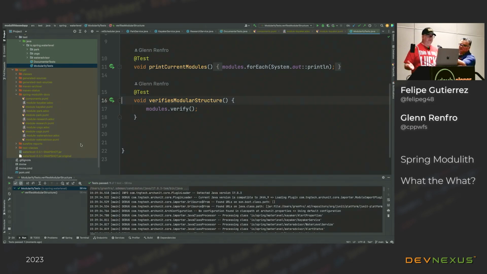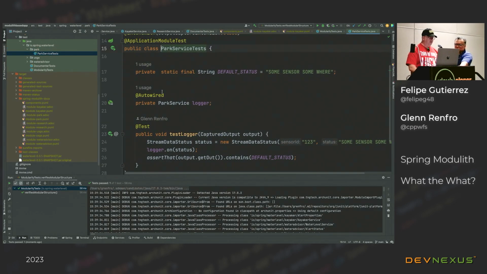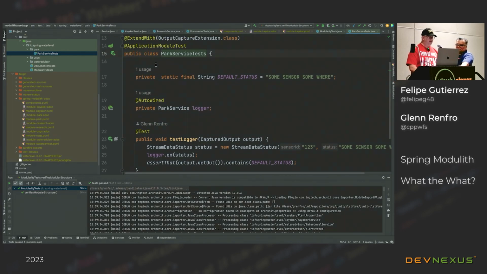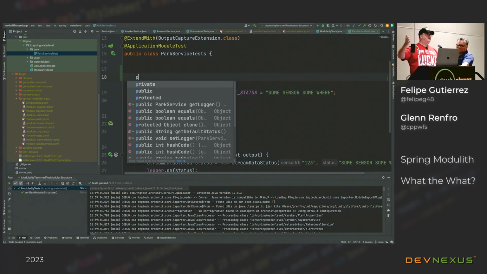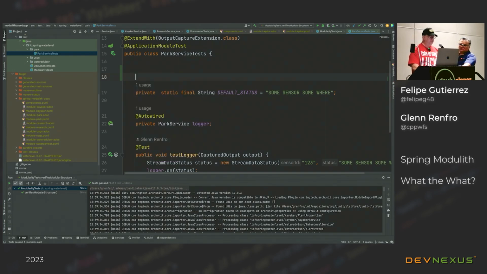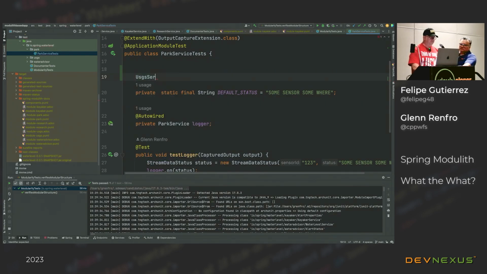But who wants a green test? We want to break this thing. So how are we going to break it? Let's go up to the part module, and from the part module, what I want to do is actually break this. What package did we not want to use? It was the USGS stream data, right? We don't want to use that outside the USGS module. Well, guess what? I'm going to use it. So I'm going to use USGS stream data, and then I'm going to call it data. And now if I go back and rerun that test,